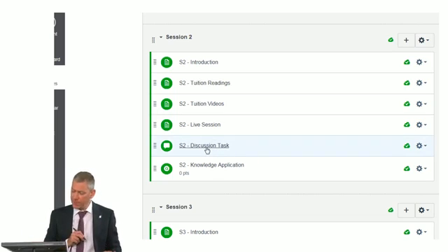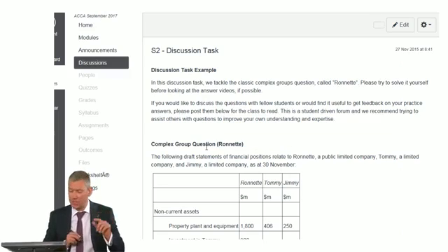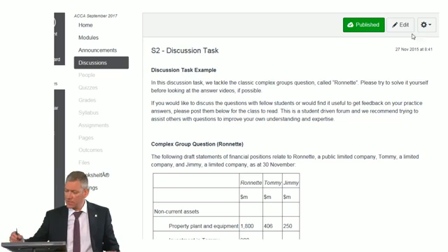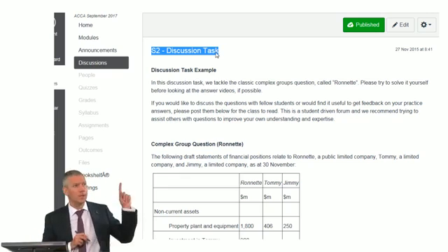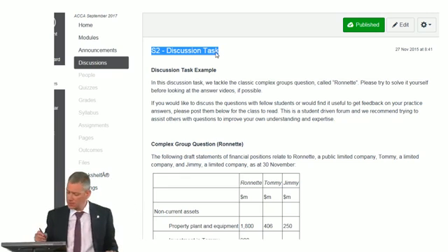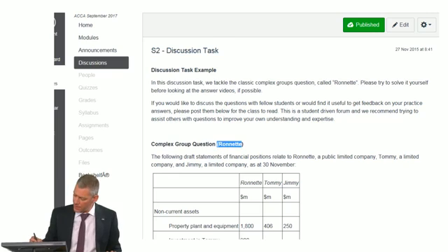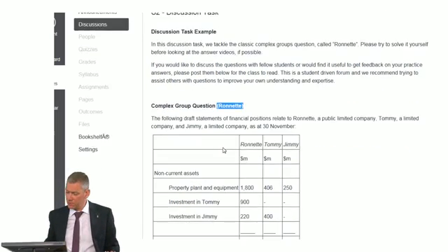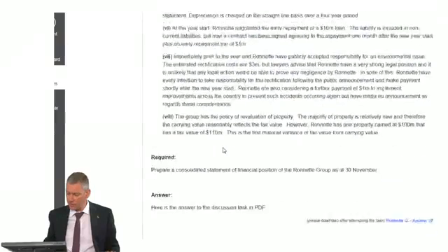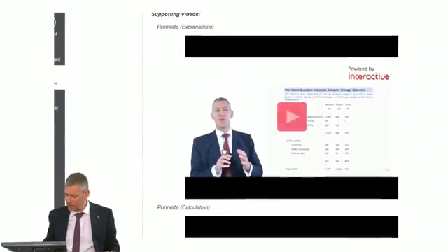And because of that, I've put it into session 2, discussion task. So there's discussion task. Can you see that? Discussion task. I'm going to highlight that. There it is there, discussion task. And as you can see, it's Ronette in brackets. I don't know why it's been bracketed, but there you go. And there's Ronette. But really what's useful about Ronette is there's a couple of questions